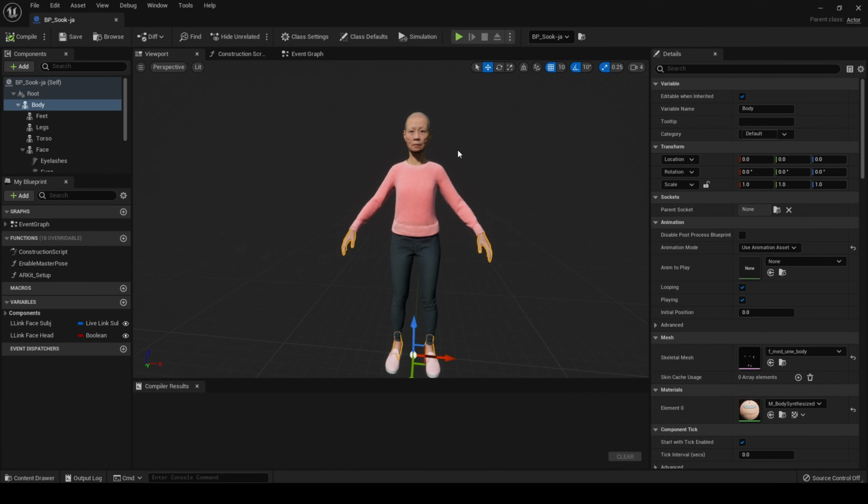Inside our MetaHuman blueprint, we want to make sure we click here on Viewport and then select Body. In the Details panel, scroll down to Mesh and you will see Skeletal Mesh. Take note of this name here. It says here F Med